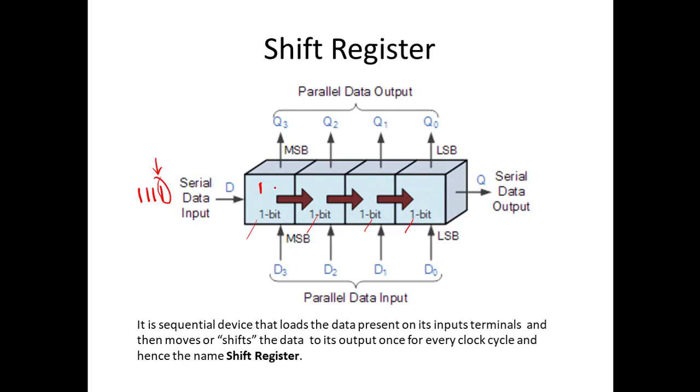So we will be connecting 4 flip-flops in a daisy chain manner. Daisy chain manner means the output of one flip-flop will be connected to the input of the other. For example, if this is your D flip-flop and this is your output Q, let it be D1, the first flip-flop, the output of the first flip-flop will be connected to the input of the second flip-flop. So the connection will be like this.